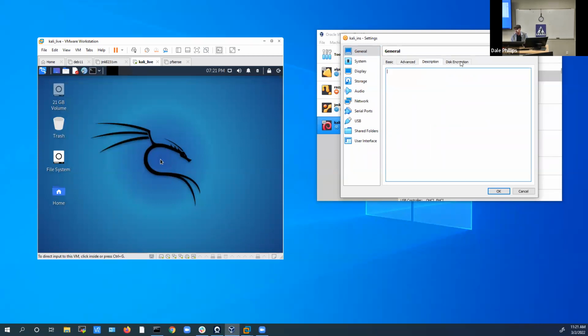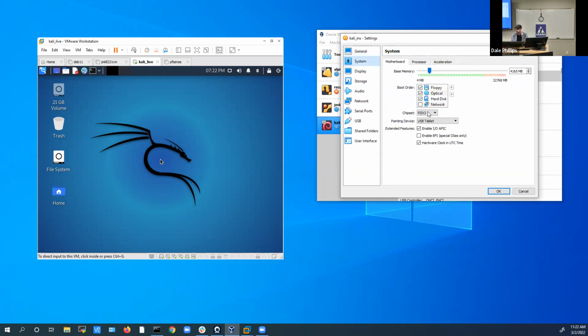And then you give it a description, whatever you want to call it. Do you want to encrypt the disk? Can or can't, based on what you want to do. System, how do you want to boot this thing? Well, I don't want the floppy, that's for sure. I do want to boot off optical to start with, okay? That's good. And then these sort of things, you just take the defaults until you learn more about